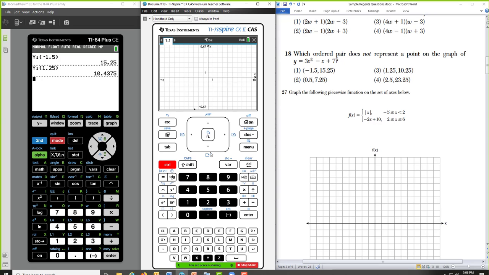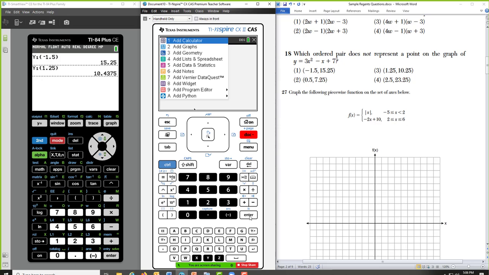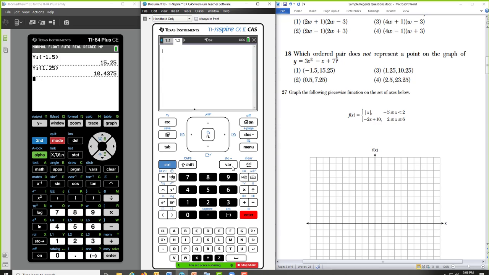Okay, I would add a calculator page, and on the Inspire, if you press var, it's a stored function, and now you could just type in any one of the x values, control, enter, because this is the CAS, you can approximate it.